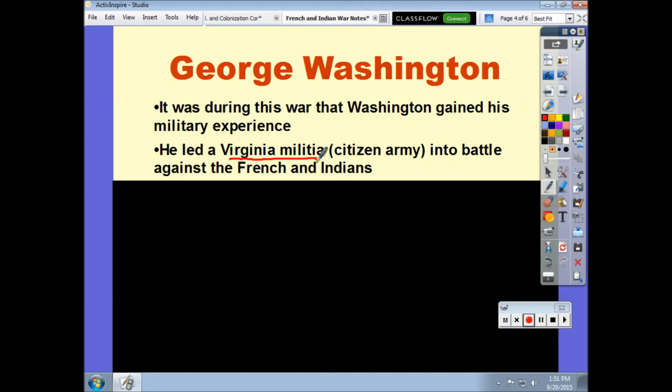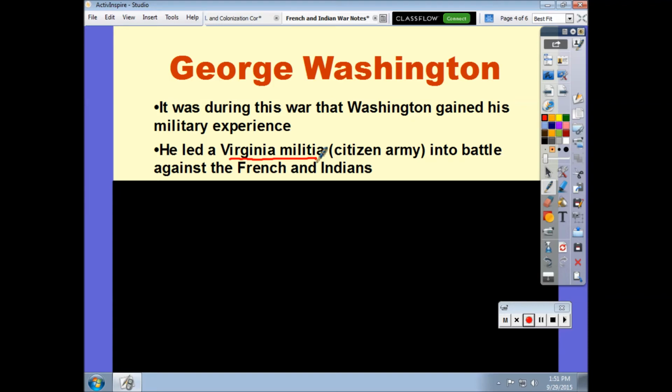And this was very common at the time. Most colonies had their own militias. They used that for protection against the Indians primarily. They used it as their only form of protection for their colony. They didn't really have police forces as we understand them today, so the militia functioned in that way. It was also sort of a club in the sense that the people in it were very close. They spent a lot of time together, a lot of time socially together. And so this was a very tight-knit group.